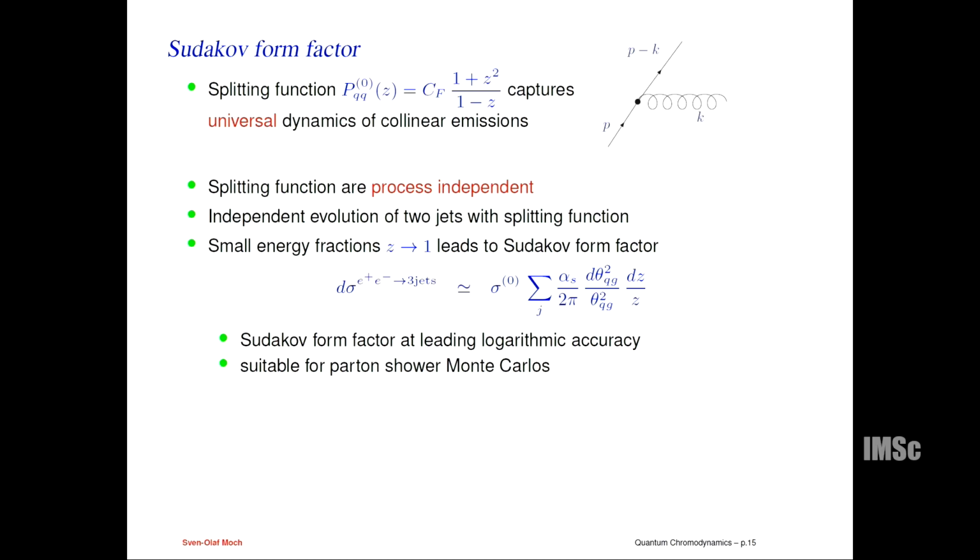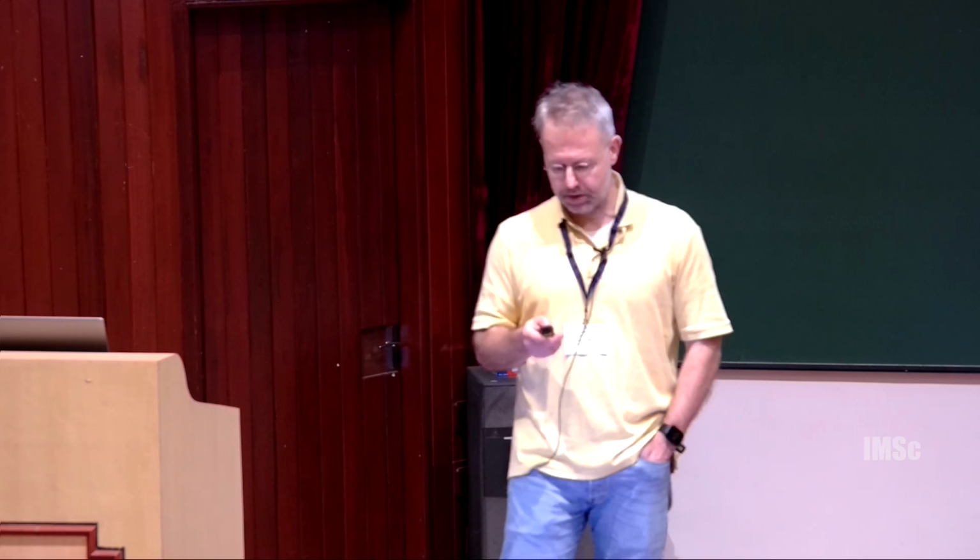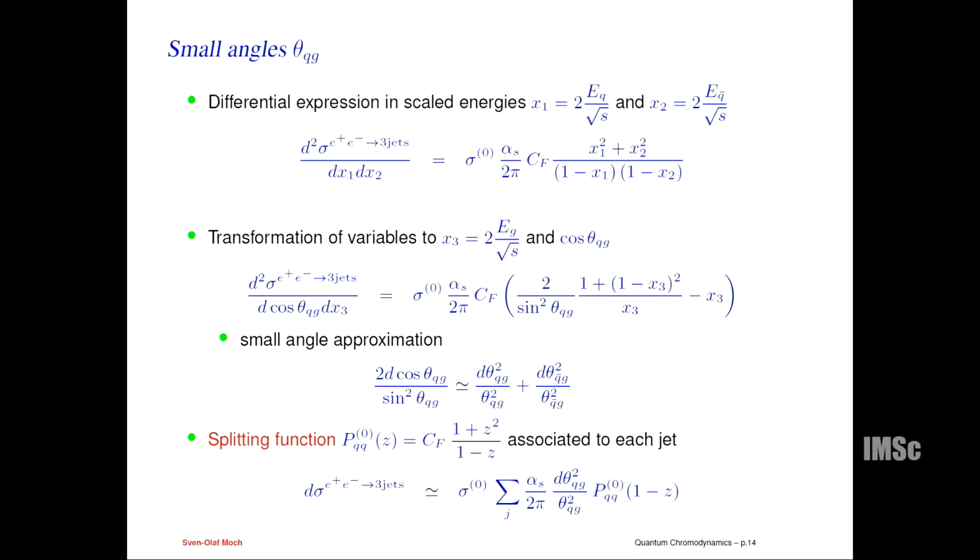Yeah? Or if you wish, you can also think of this as the quark going into a quark under the emission of a gluon. And this is universal, meaning it is process independent, because you find the same function in any collinear emission processes anywhere in QCD. Whenever you have gluon emission from a quark line. And so here with our simple rewriting of the 3-jet cross-section, we can actually identify the q to q splitting function at leading order. So this is one way of actually calculating it. If you've never calculated it, then this is one way of doing it.